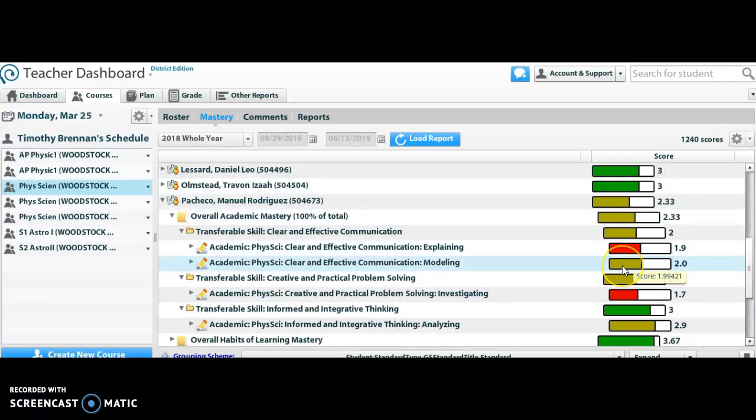1.93128. And for modeling, 1.99421. For investigating, 1.72726. And for analyzing, 2.9421. I would assume that those four numbers for analyzing, investigating, modeling, and explaining, that if I average those, I should get,